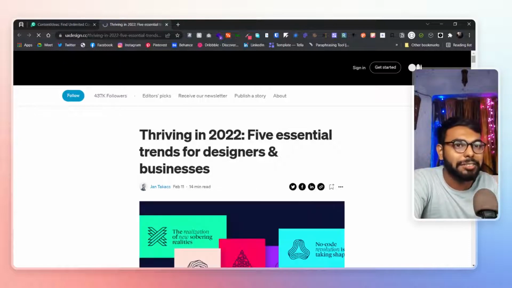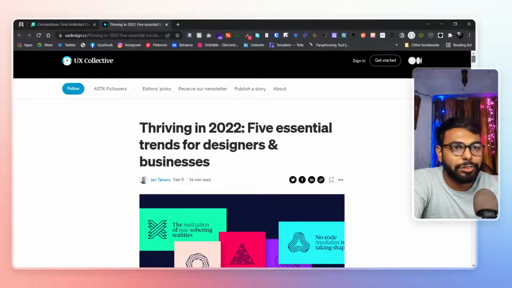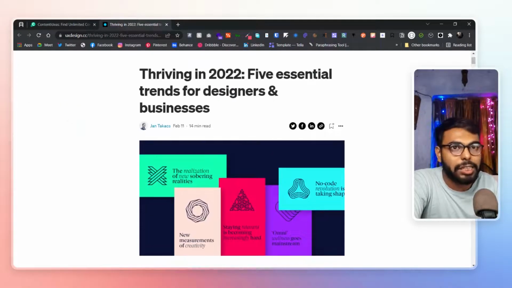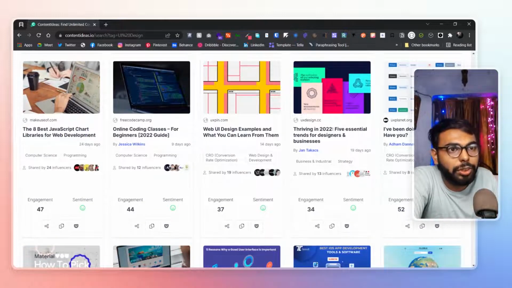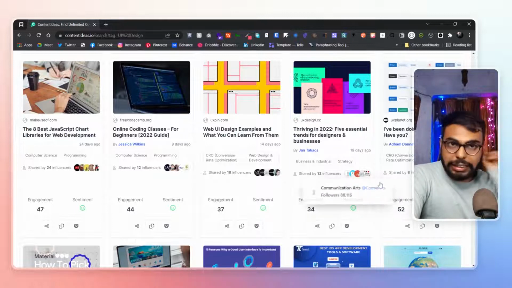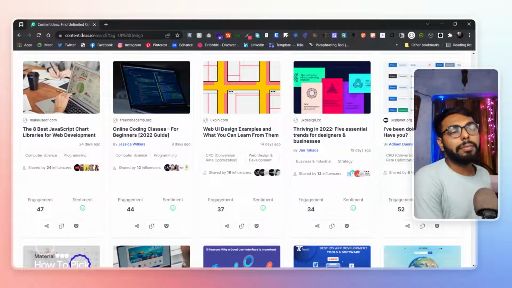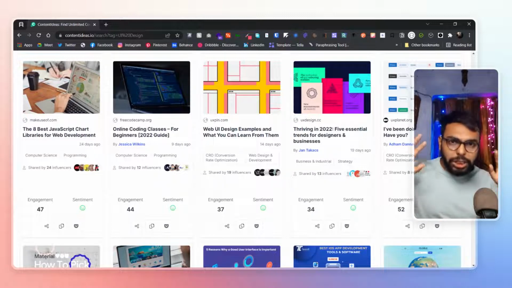This is from UX Collective. Okay, thriving in 2022, 5 essential trends for designers and businesses. So yeah, this is kind of a content that you should look for, you should go for, right? And here you can see how many of the influencers have shared it. So this is really a great tool to have an idea about what people are posting on your